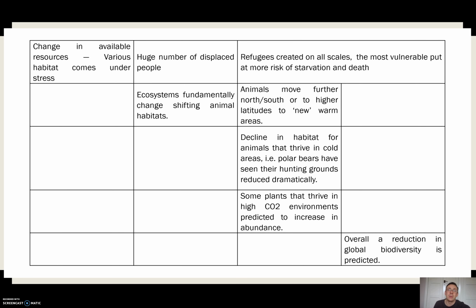Now, I've kind of gone through this really, really quickly, guys. So obviously pause the video, go back over bits, and we will discuss this in class as well. This, as with the first video, is not an exhaustive list of the impacts that climate change can have. This is something that you can use to form the basis of notes that I expect you'll build upon.